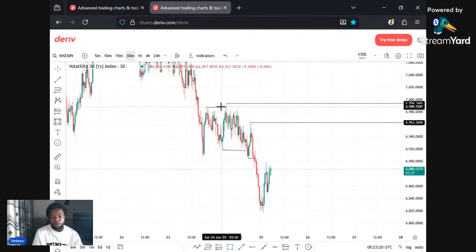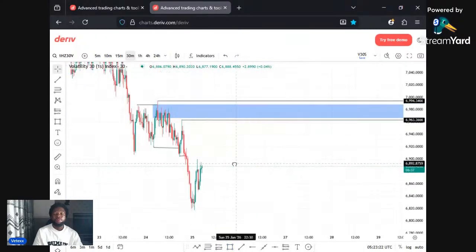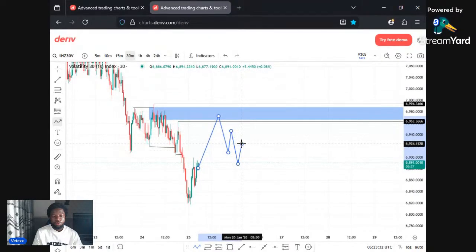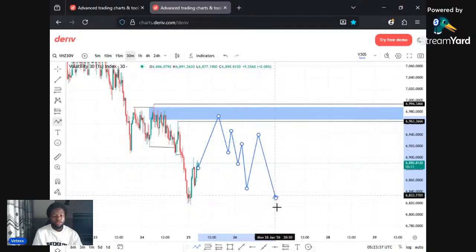I hope you all are following. So this is it. We are going to be anticipating this move on the 30 minutes time frame. We anticipate price to tap into this POI and give us a continuation on the lower time frame. Okay. Also give us a continuation on this lower time frame like this. We can be sure to take more entries and the price take out this